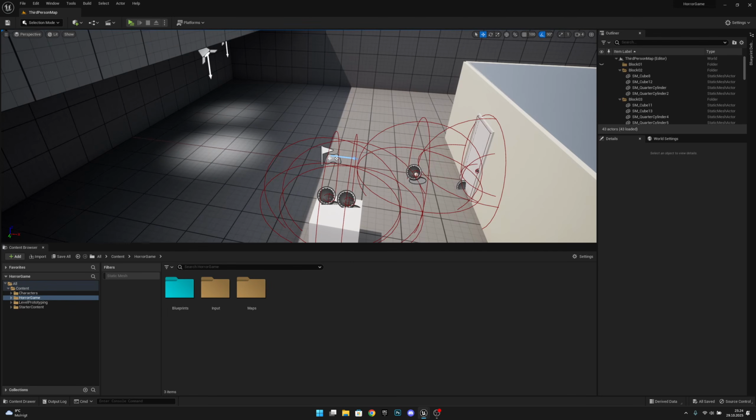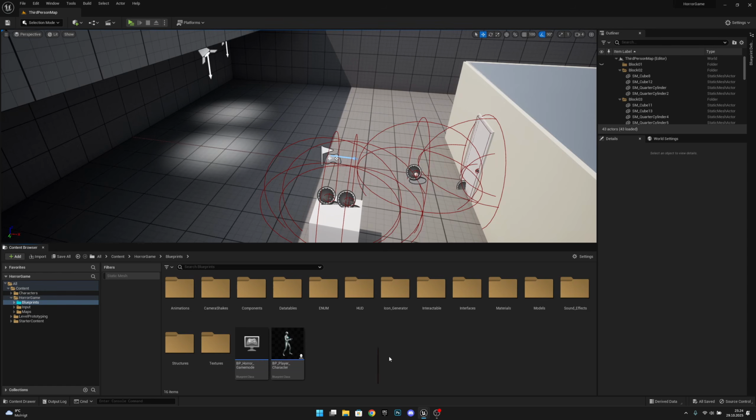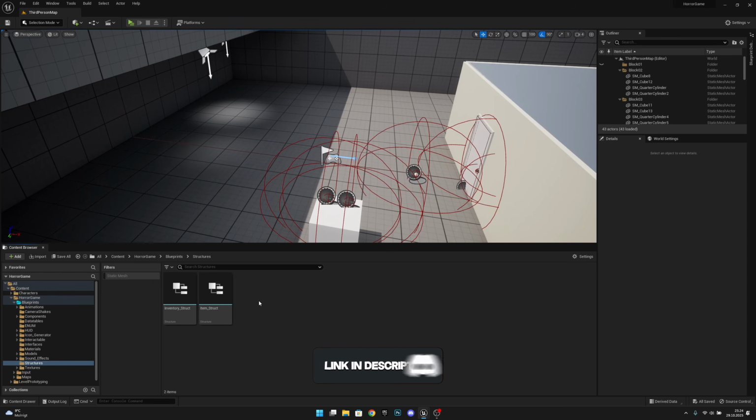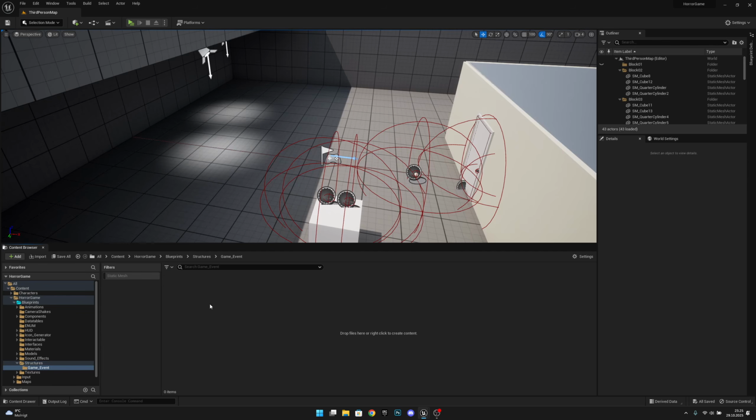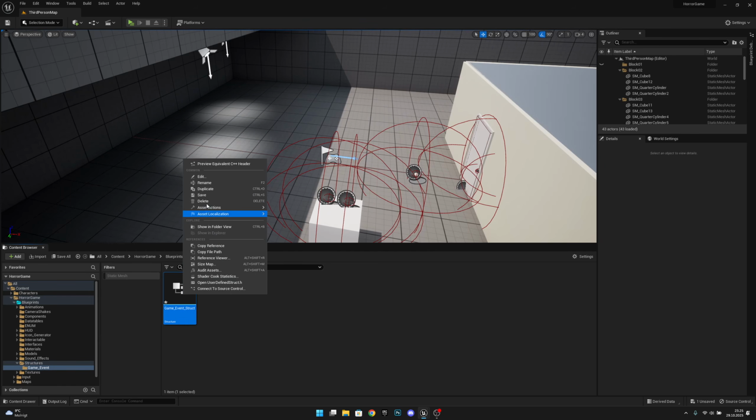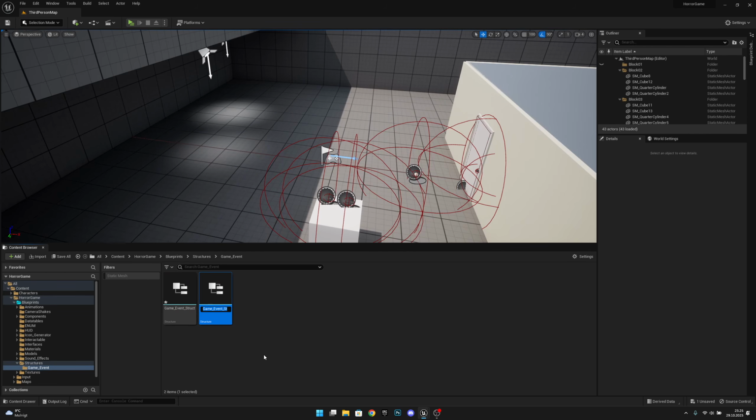So what we want to do first is go to the blueprints and to the structures. And here we want to create a new folder called game event. Let's open it, right click and create a structure. Let's create a game event struct like that. Now let's duplicate it and call this GE, which stands for game event, objective